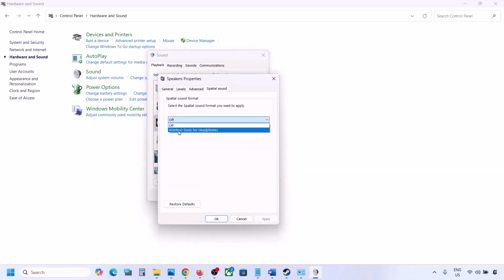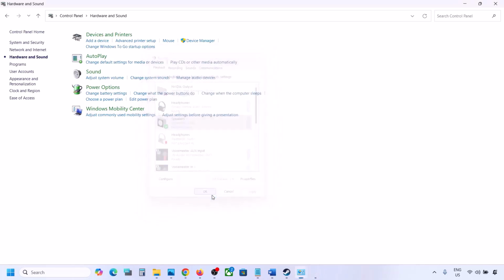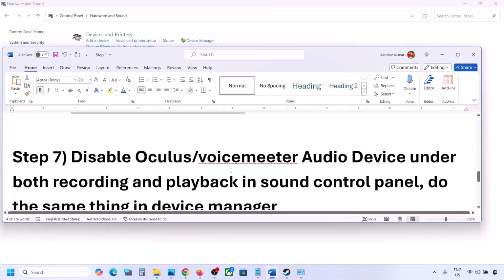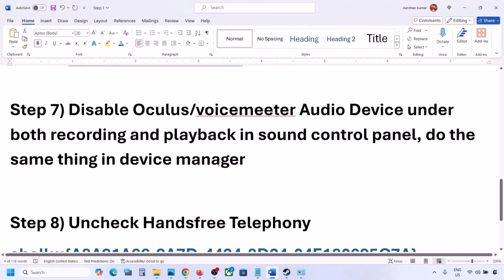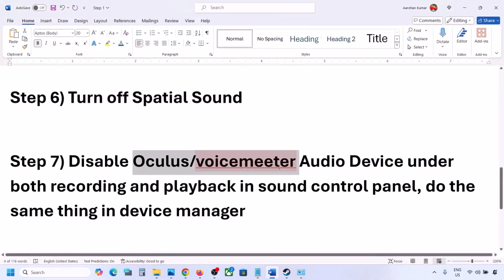If this is set to Windows Sonic, you can turn it off and then click on OK, or you can do vice versa. If it is already set to off, then you can try Windows Sonic and then check. Now the next step is, if you have applications like Oculus or voicemeeter or any other audio